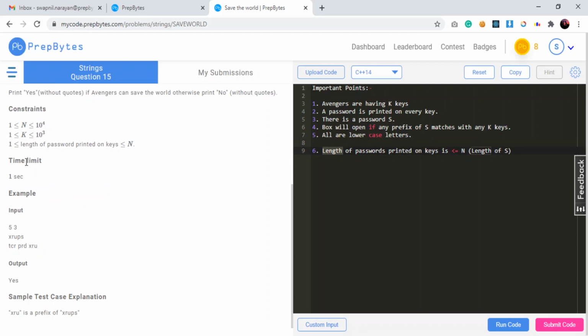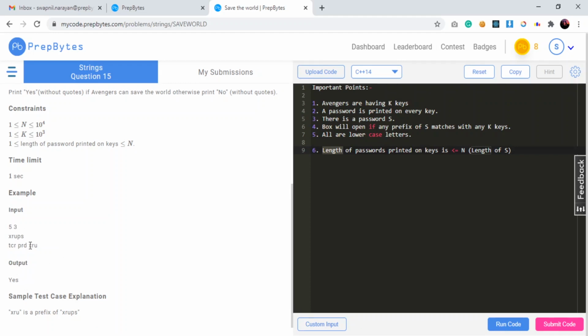The time limit for our solution is 1 second. There is a sample test case where n equals 5 and k equals 3. This is my S, X, R, U, P, S, and these are the 3 different keys, and the output is yes here.